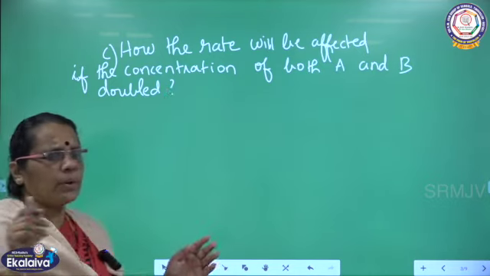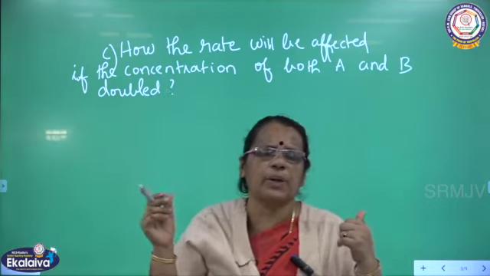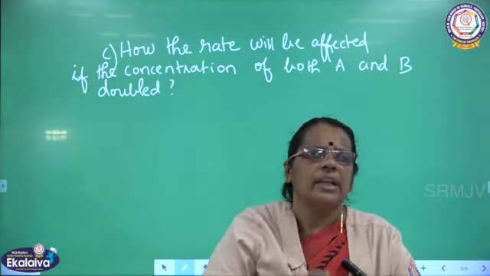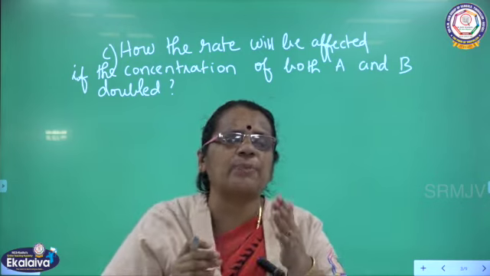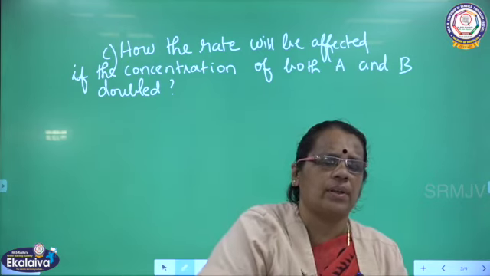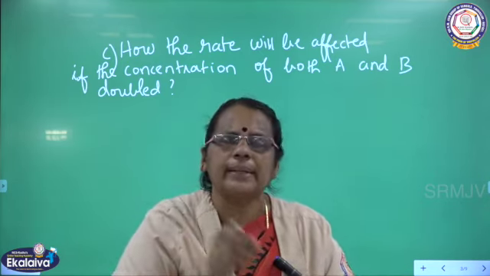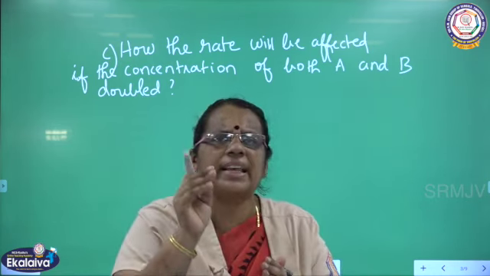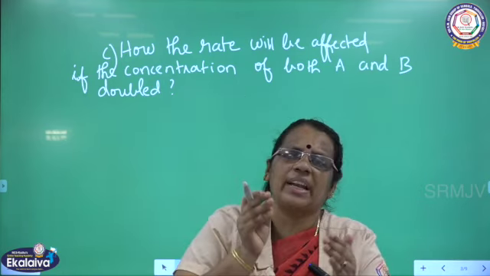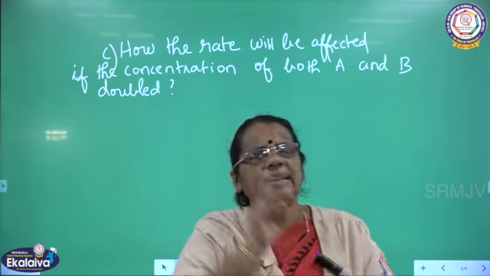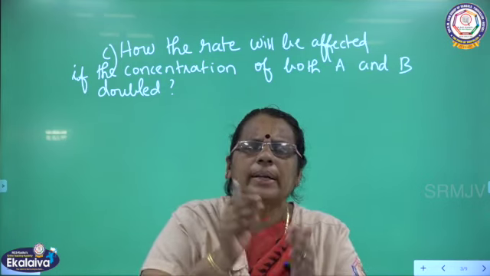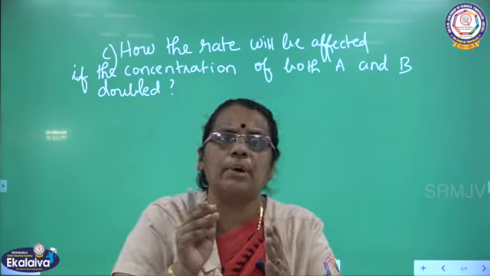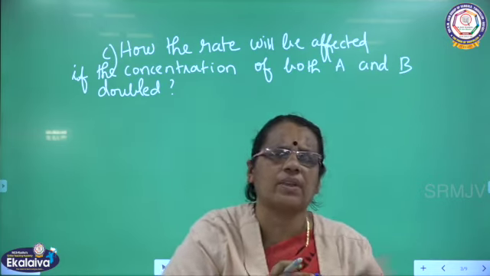So the question is, I told you the reaction is first order with respect to A and second order with respect to B. There are 3 subdivisions we are going to calculate. The first one, we are going to write the rate expression of the following reaction. And the second one, we are going to determine how the rate is affected if the concentration of B is increased by 3 times. What will be the rate of the reaction, how it is affected. And the third one, C subdivision, is what happens to the rate of the reaction if the concentration of both A and B doubled. So we are going to see 3 subdivisions under this question.